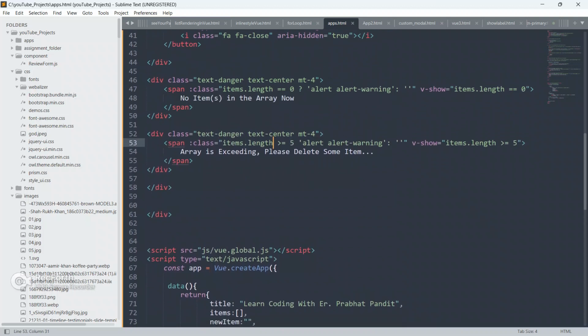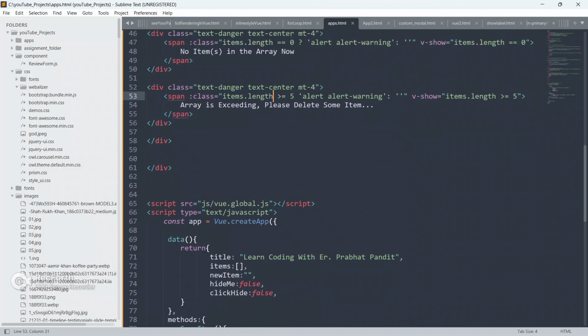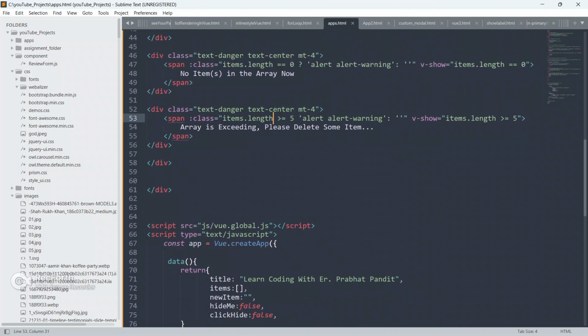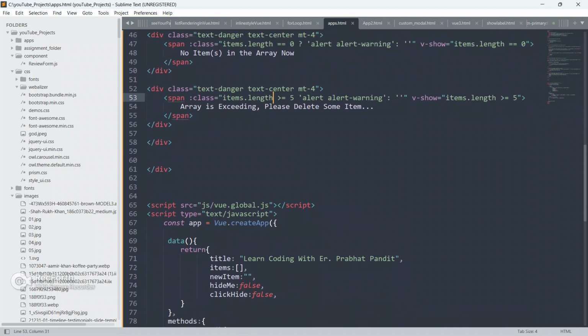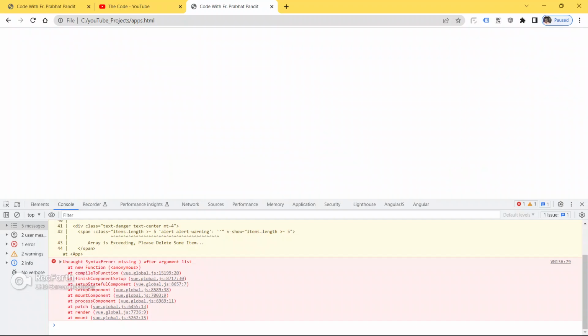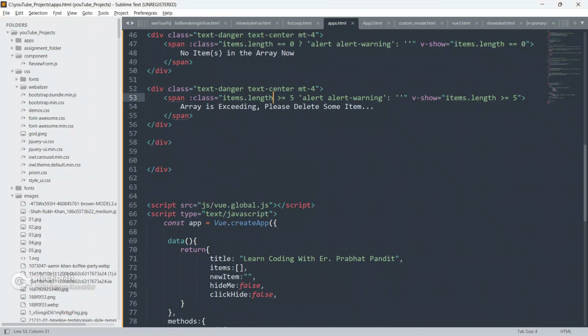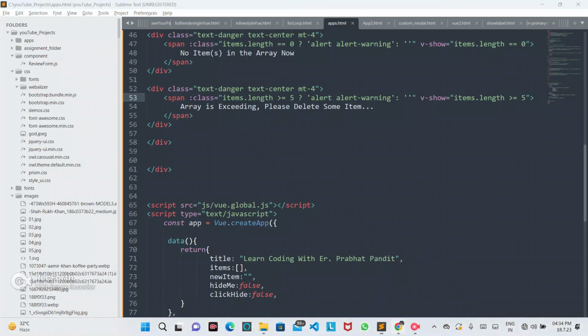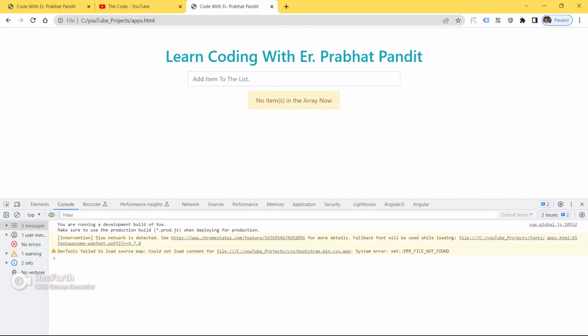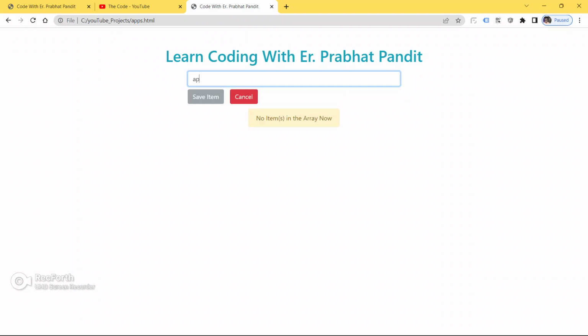We have to put a question mark here also, sorry. So now save your code, go to the browser and refresh your page. Yeah, now everything is working fine.